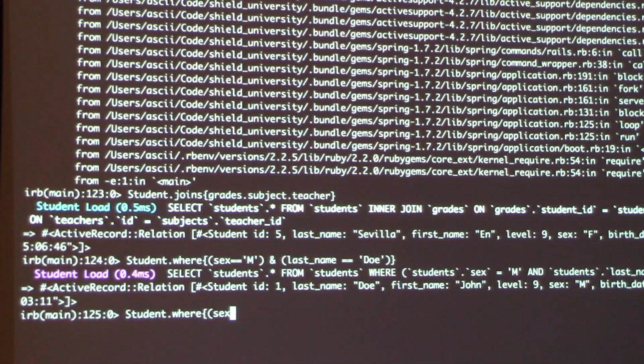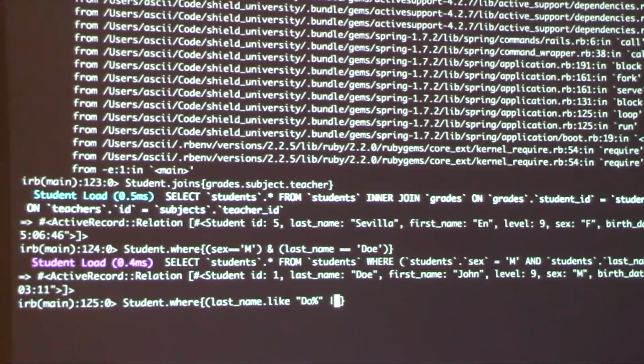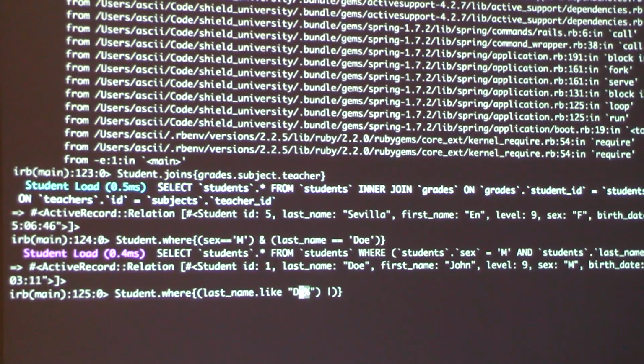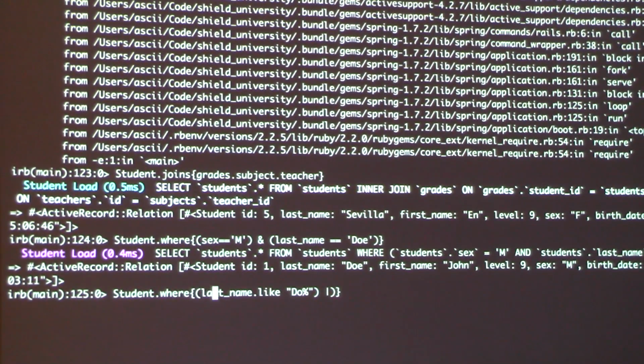Traditionally, as we've learned, you can do multiple statements or conditions. For example, last name is equal to, or last name dot like, and so on.